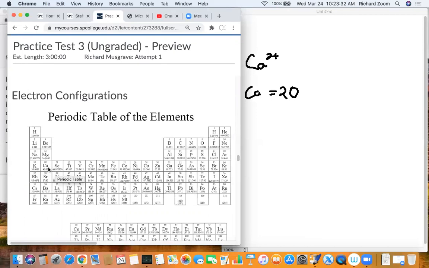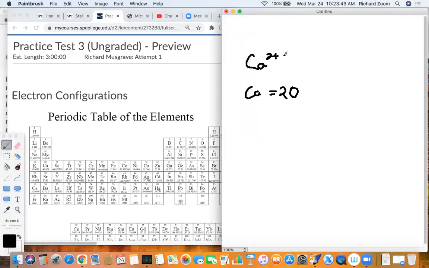There's calcium right here. You can see it has an atomic number of 20, which means it has 20 electrons. So that's how I know it has 20. If it's 2+, what that indicates is that it's short 2 electrons. Because if you're looking at calcium, you're going to have 20 protons in the middle. So it's 20+, which means that